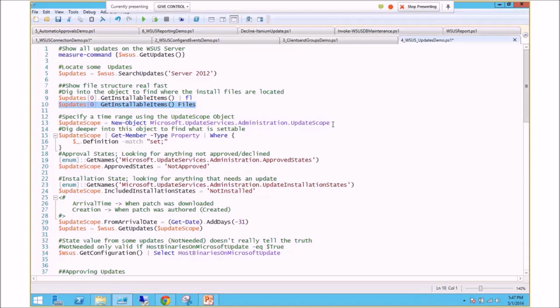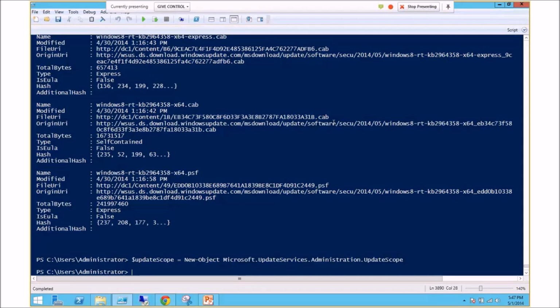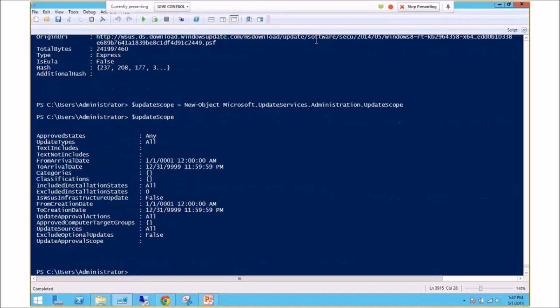And just like we had the computer scope, we have an update scope as well that we can use to further narrow down what kind of update we're looking for. It's very similar to the computer scope. You have your text include, you can search for stuff, and the same way as doing the search updates, you specify text, it could be anything, KB, bulletin, whatever, when it arrived, so you can actually search for